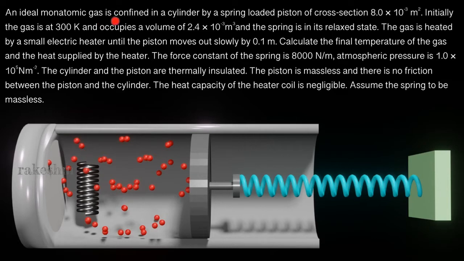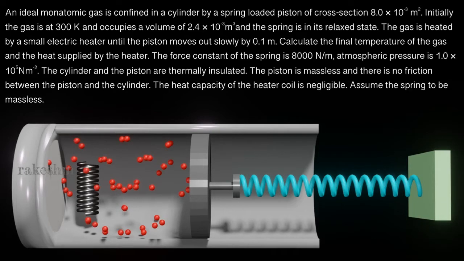Next, this gas is confined in a cylinder. So you can see that this is a cylinder here and this gas is confined to this volume. I have removed this part of the cylinder so we can see what is present inside the cylinder. Actually, this is closed. So I have removed it so that you can see the process which is happening inside